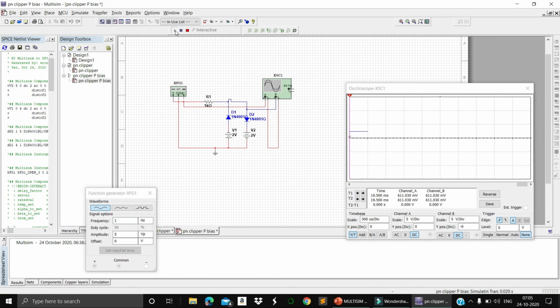So in this way, however much you are giving the input, that much we will get the output on the scope. I have changed the frequency. To change the frequency, I need to adjust my input also. To understand more clearly, I have restricted to this one. So to know what is happening, you can notice over here positive, negative, positive, negative, positive, negative. In a similar manner it is going to come on the output side. So in this way, this dual diode clipper is going to work.